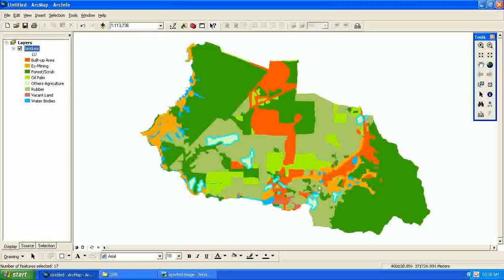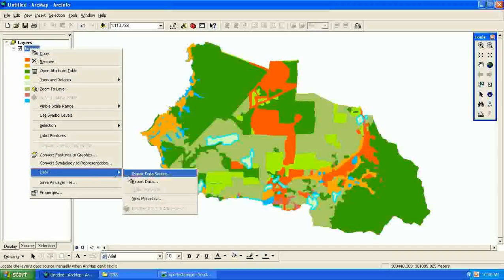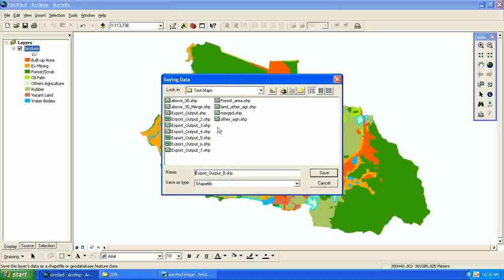And as we are going to work ahead with it, I would like to save this area as another shape. To do that we have to export this result, export the results showing the areas which have been used for other agricultural practices. So I would like to go ahead with the land use layer, right click on it, click on data, and then click on export data, and I would like to select the folder where I would like to save my shape, as we would be asked to save our shape file in a particular folder. Then I would like to browse here, click browse, go to